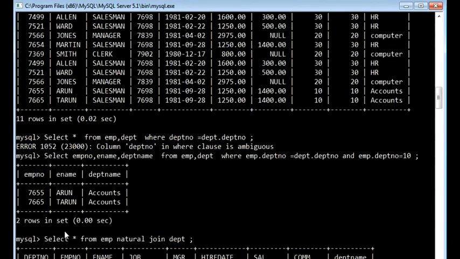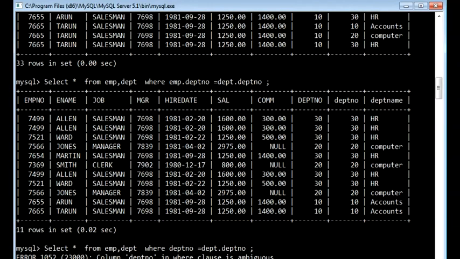But what is the difference in these two? When you are applying the equijoin with the star symbol, it means you need to fetch all columns. There is a common column in both tables, that is the department number. So it has been displayed 2 times in your equijoin. Total 10 columns you have seen here.